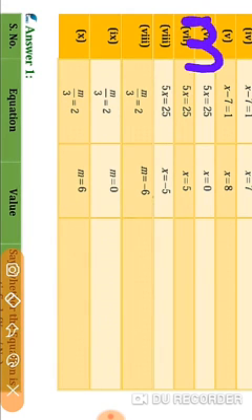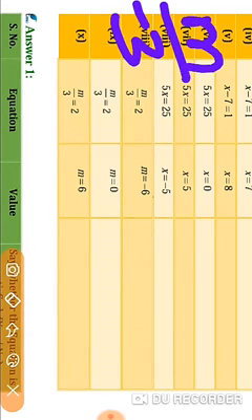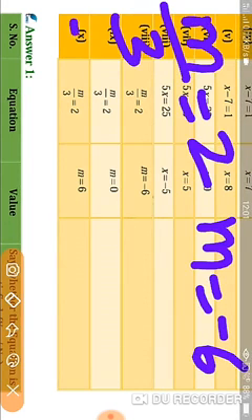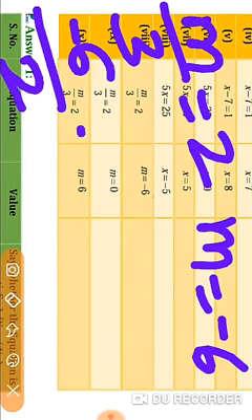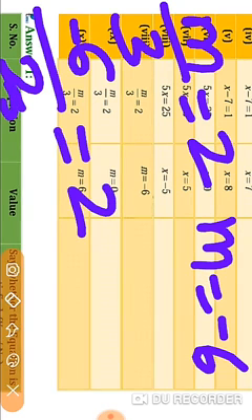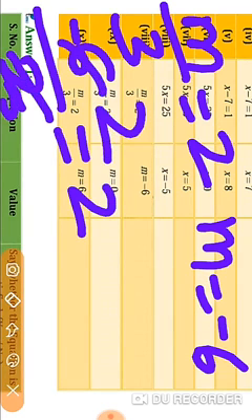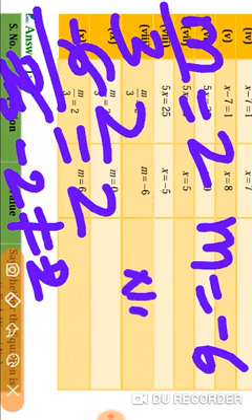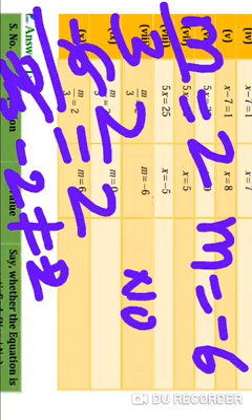So m by 3, this 8th one I am choosing, is equal to 2 at m equal to minus 6. So in place of m you substitute minus 6. 3 ones are 3, 3 twos are 6. So minus 2 is not equal to 2, because one is a negative number and the other is positive. It is never the same. Even though the numerals are same, the sign is opposite. This is plus, this is minus. So this is not equal. That's why it is no. It is not satisfied.